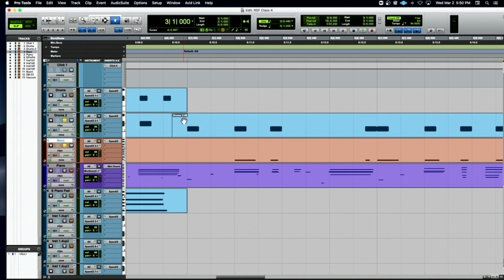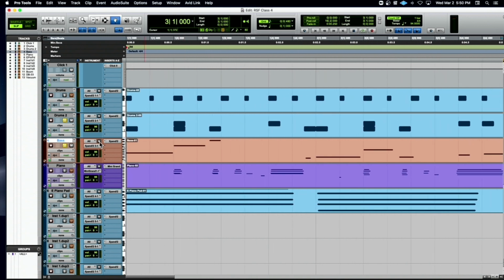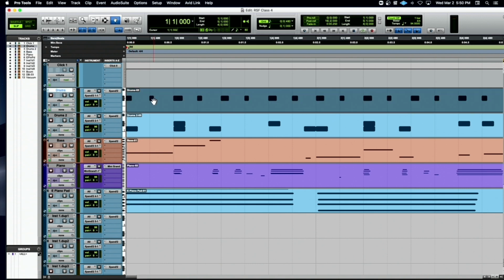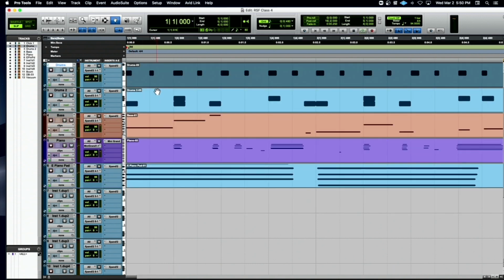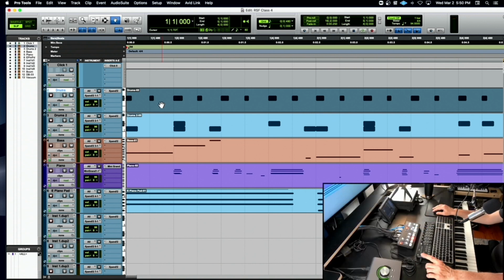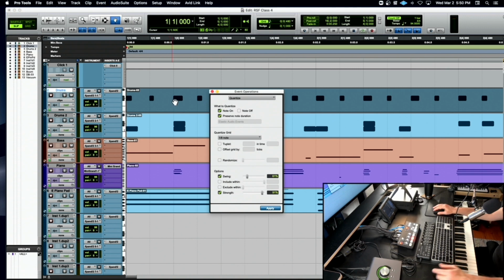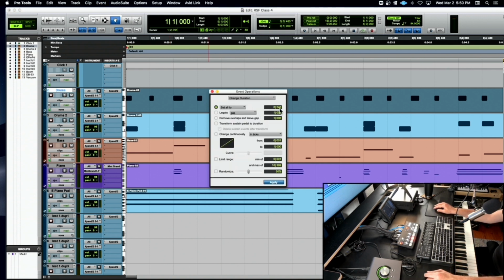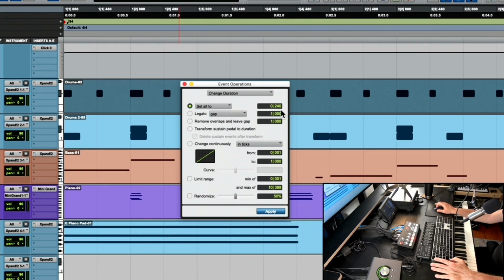Okay, so that's the first thing, first couple things there. And I guess on this other one, I've got my hi-hats here. So I'm going to do the same thing. I have the hi-hats on a secondary instrument. So I don't have to open up the MIDI editor to do any treatment of this track, right? So if I do Option 0 and I go back to change duration, it stays the same at